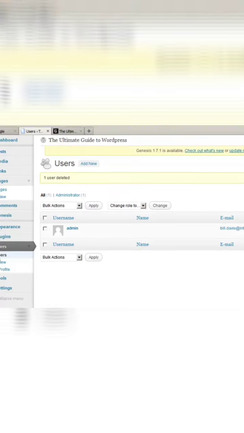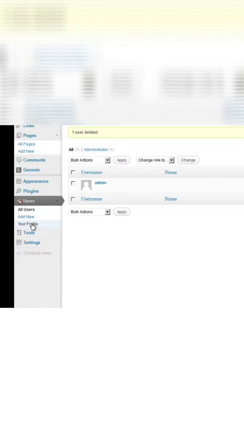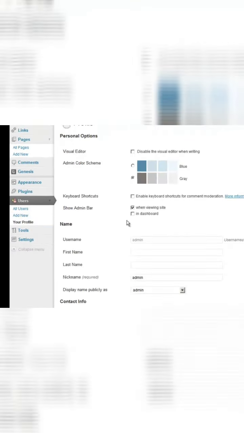and you're done. So we've shown you all users, add new, and then let's look at your profile, which is going to be my profile in this case. There's a few options here that you can change. There's a visual editor, which you can disable when writing. I never change any of this stuff really. The only thing I might change is I might put my name here, Tom Smith, and then my nickname could be Tom instead of admin, and then I could say show my name as Tom,